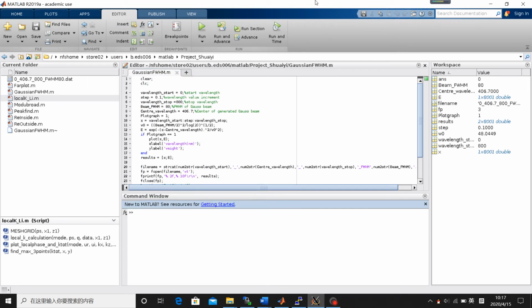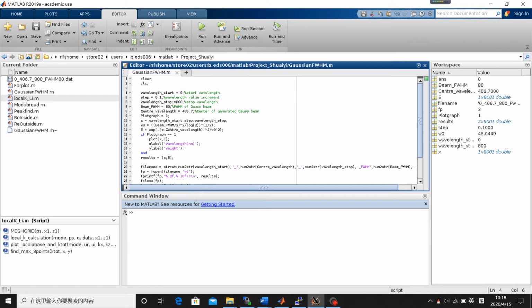This is a guidance for how to use the code of generating an adjustable Gaussian spectrum. There are 5 parameters we could set for the spectrum: the wavelength start and wavelength stop determine the scope of the generated spectrum, and the highest weight wavelength of the spectrum is determined by the central wavelength parameter,